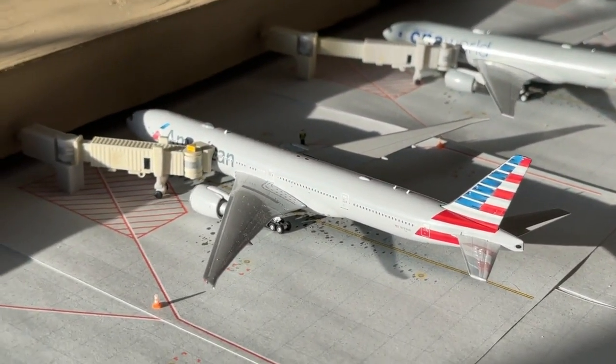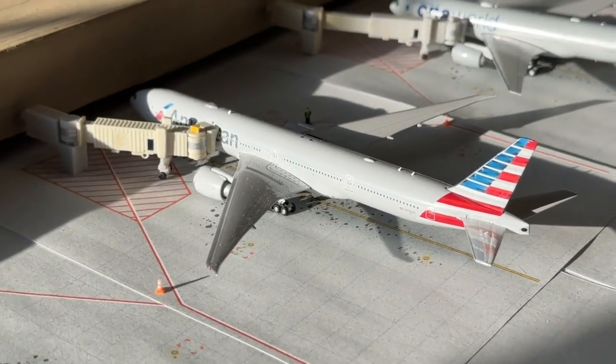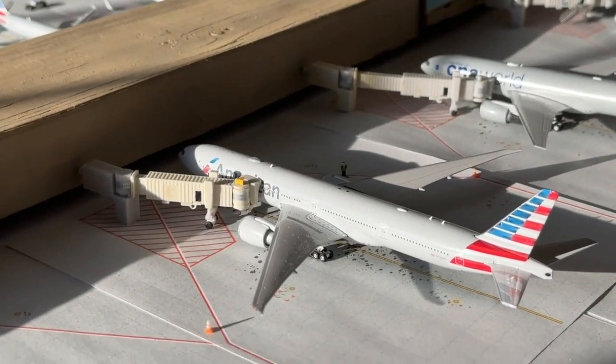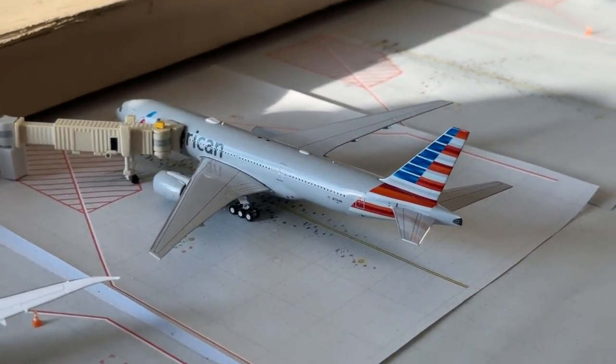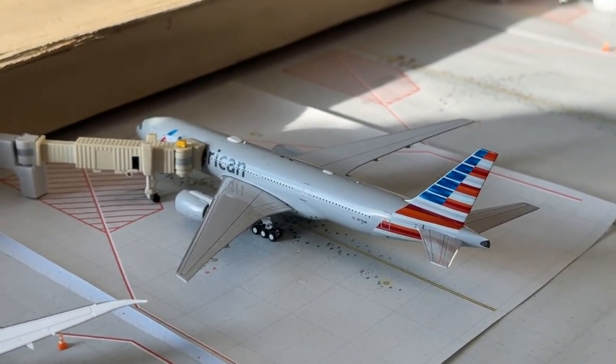We have this American Airlines Boeing 777-300ER. This aircraft's getting serviced here and is going to be making a flight today over to Hong Kong. Came in earlier today from London Heathrow. And an empty stand here, followed by another American 777-200ER. This particular frame is currently loading in from Madrid, and now it's going to be making a flight today out to,